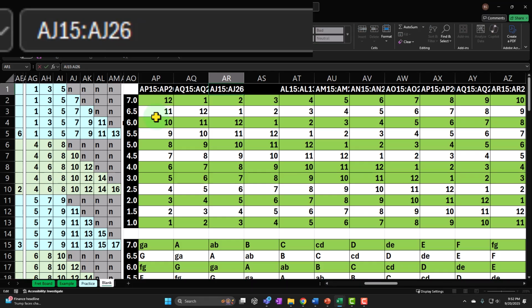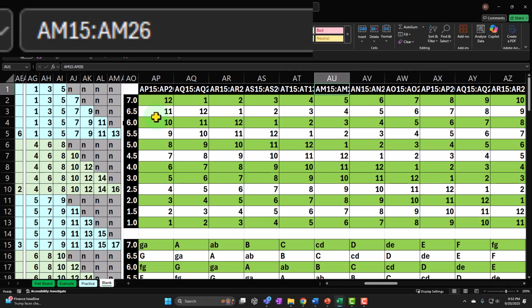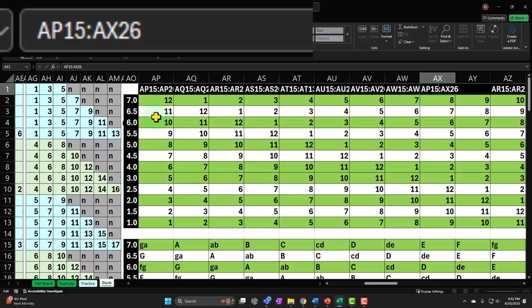F2, gonna change this to AR, that's the pirate column, R, and then F2 to get in there, and change this to AS, and AS, tab, F2 to get in there, change this to AT, the AT column, AT, tab, F2 to get in there, and change this to AU, AU column, tab, F2 to get in there, change this to AV column, the AV column, tab, F2 to get in there, change this to AW, that's the AW, AW is AW, A2, this is going to be AX, and AX, tab, F2 to get in there, AY,